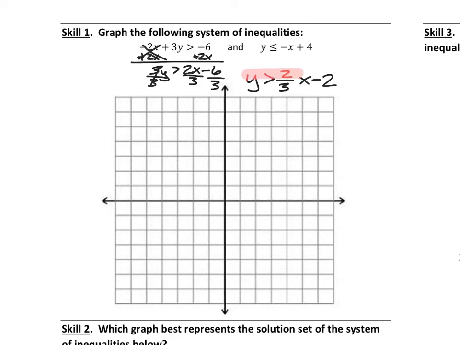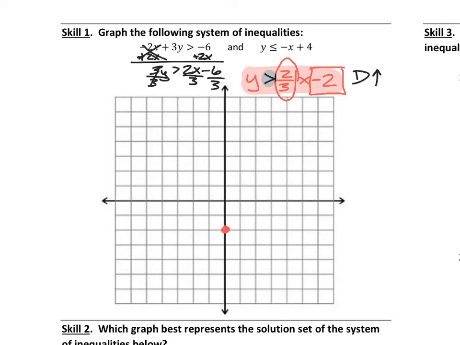Based on this equation, now that it's solved for y, that I've highlighted in red, what is the slope? 2/3. How do you actually say that? 2/3. What's the y-intercept? Negative 2. And based on the symbol itself, is this going to be dashed or solid? Dashed. Is it going to be above or below? Above. This is going to be a dashed and above line with a slope of 2/3 and a y-intercept of negative 2. So I begin at negative 2,